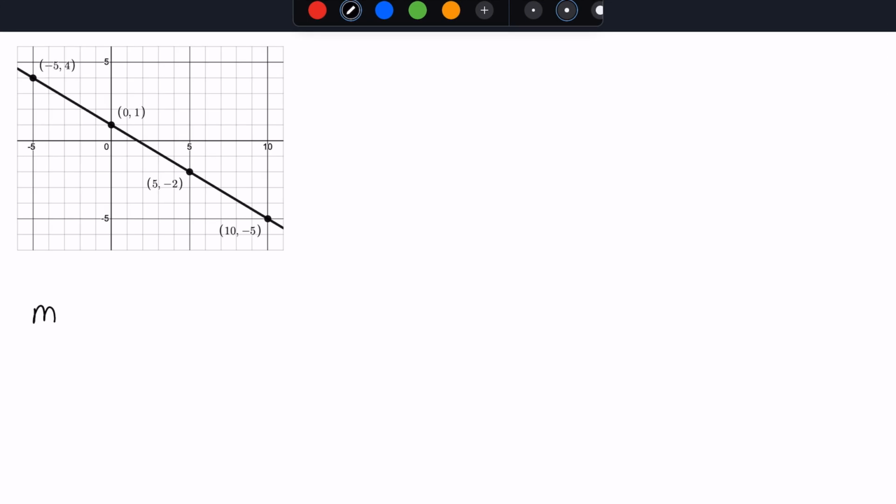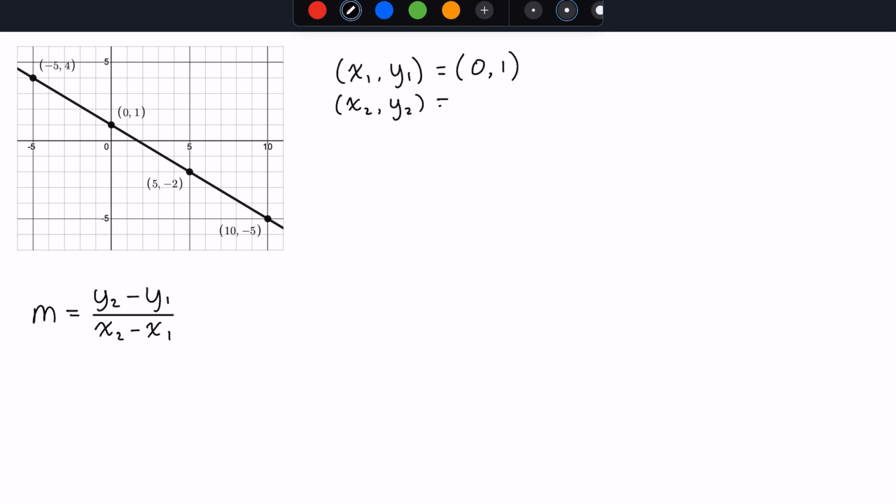And furthermore, you can use any 2 points on the line to calculate its slope. In this example, we see 4 points on the line, and we're going to use the same formula, m equals y2 minus y1 divided by x2 minus x1. Let's choose the point x1, y1 to be 0, 1. And let's choose the point x2, y2 to be 5, negative 2. Now the slope is going to be negative 2 minus 1 divided by 5 minus 0, which is negative 3